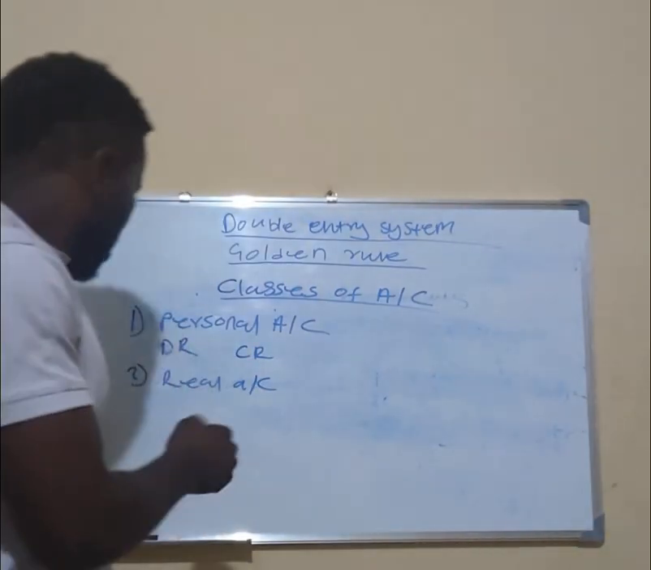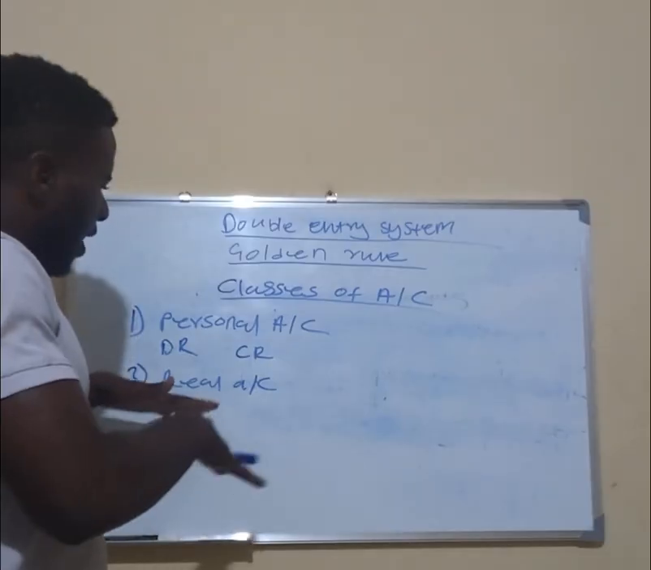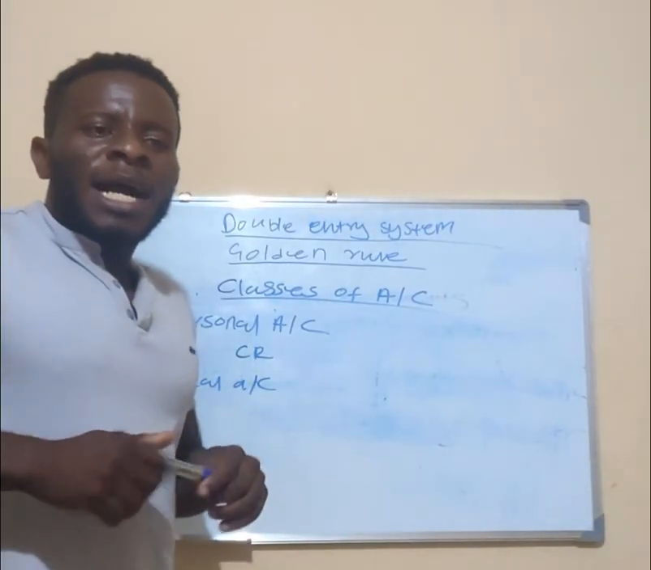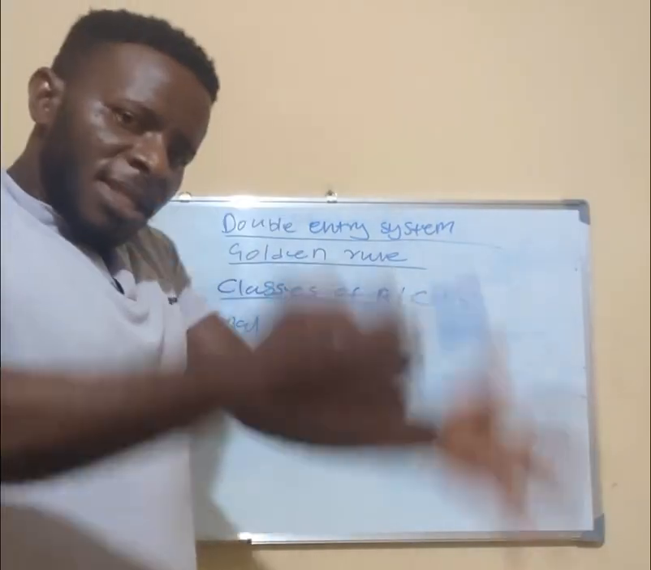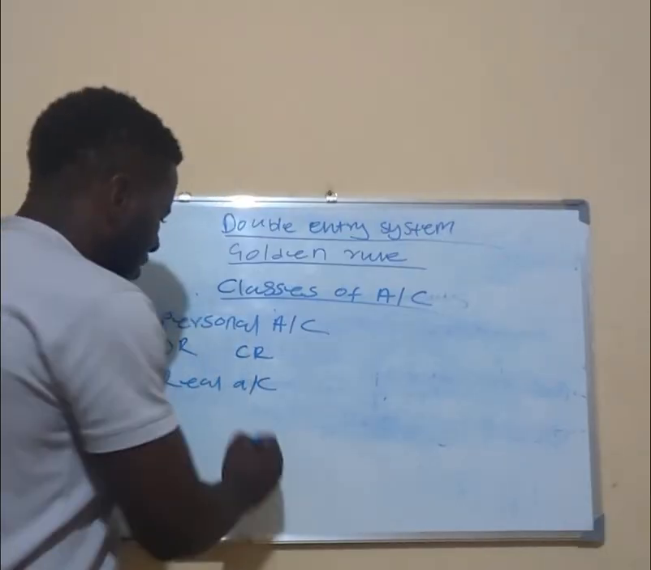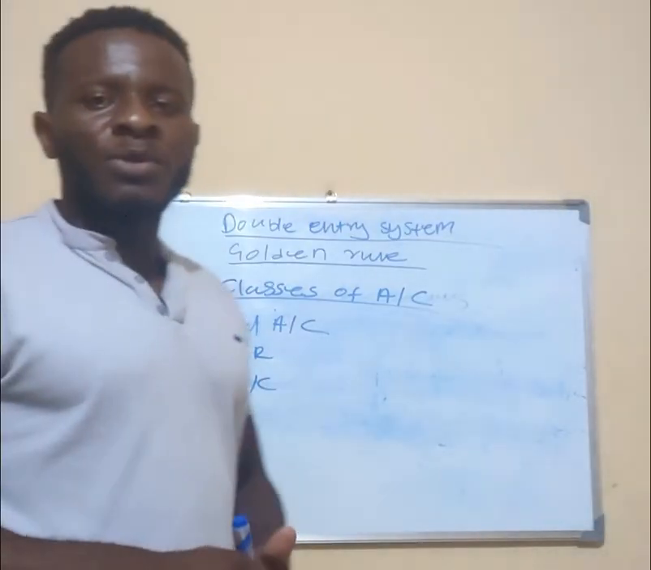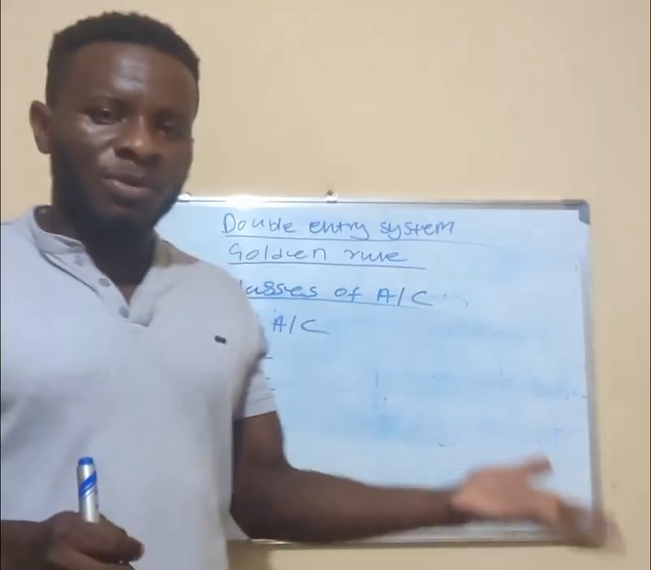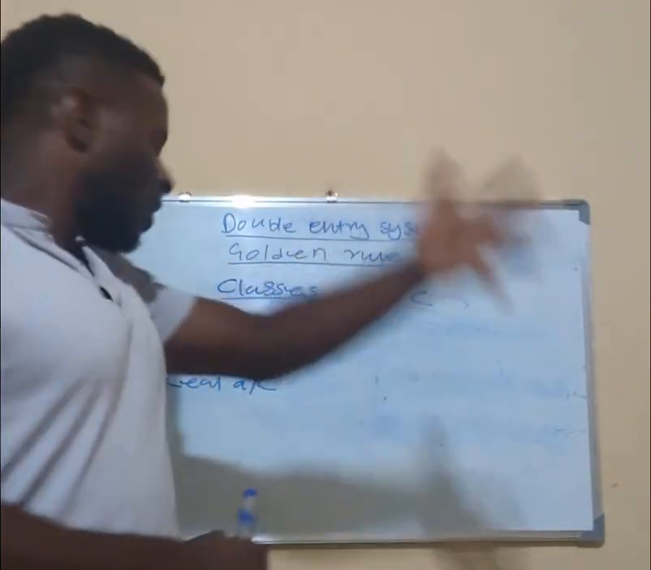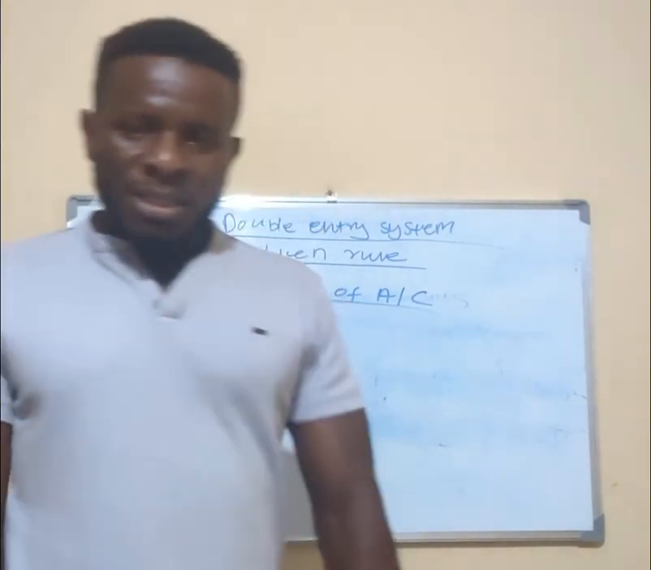So these, like I said, these accounts keep a record of things that you are able to see and touch. An example is the machinery. We are able to see and touch it. We have a motor vehicle, you are able to see it. So now, under this,